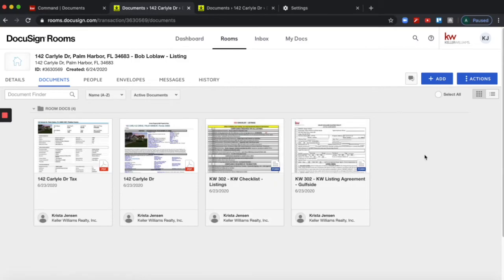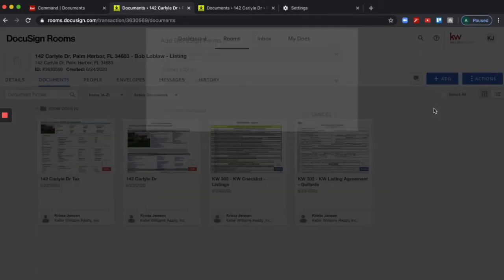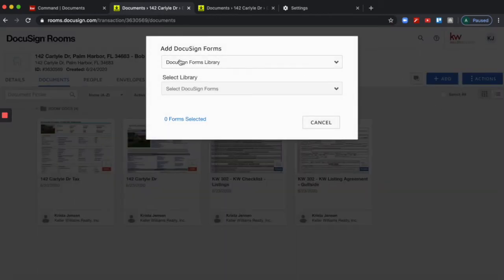Now, if we look inside of the groups and we didn't find a form that we needed, which may happen currently, in the future we will have all of those documents in that group. That way you don't have to worry about it. But if there's a document that you need that isn't typically inside of those groups, if you click on Add right up here at the top, again like we just did, and we choose DocuSign Forms. This time we're going to keep it on DocuSign Forms Library, and we can select the library here,